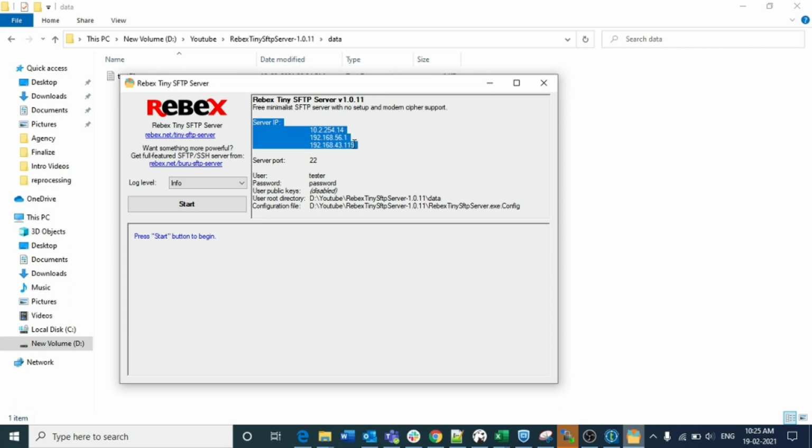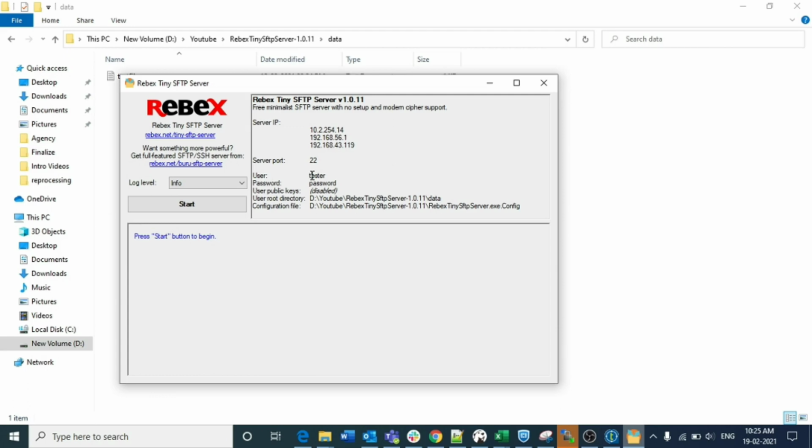These are the three IP addresses that we can use while connecting, and the server port is 22, and these are the sample passwords and users. As I already said, this is just for testing purposes. These are not the original SFTP. I have installed this just to illustrate how we can connect in our local system.